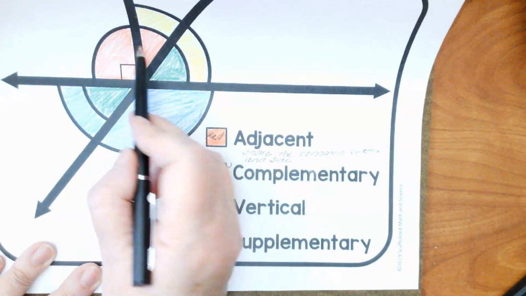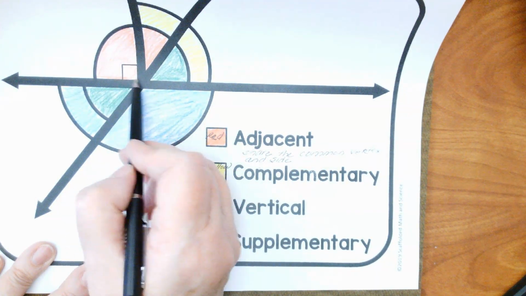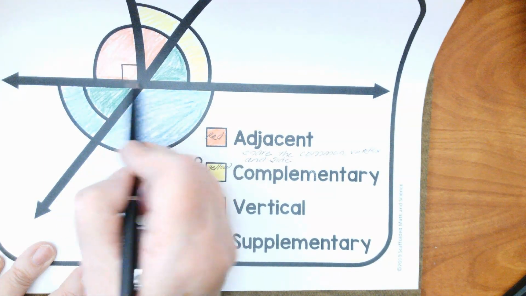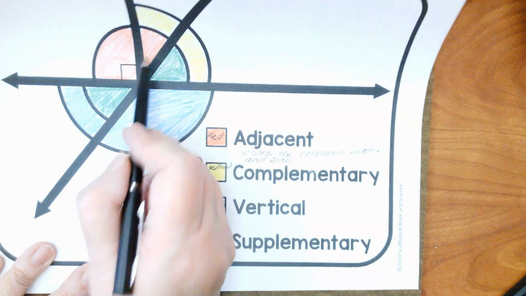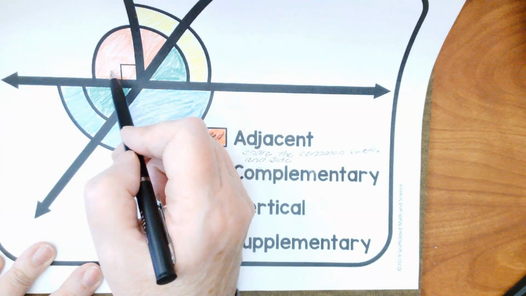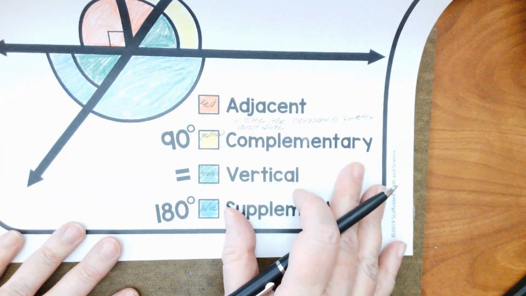So here, the red, this is the vertex, this inside angle, and they share that, and they're side by side, okay? The complementary